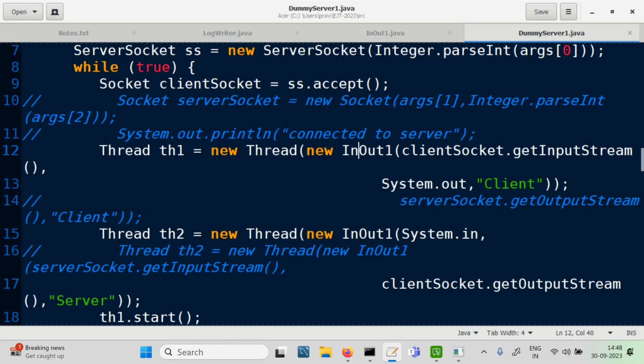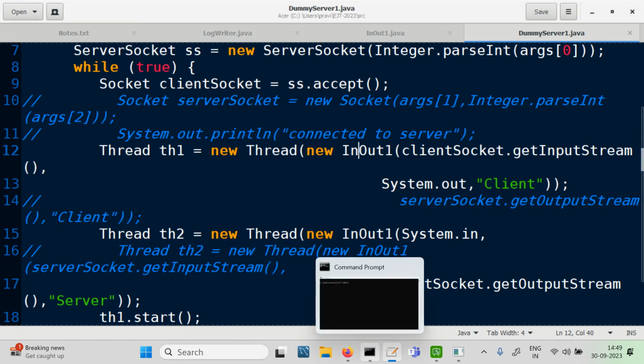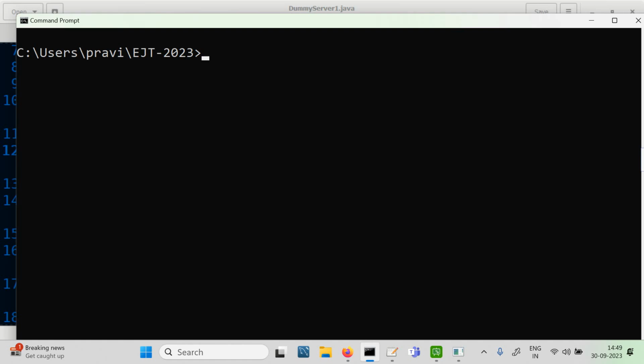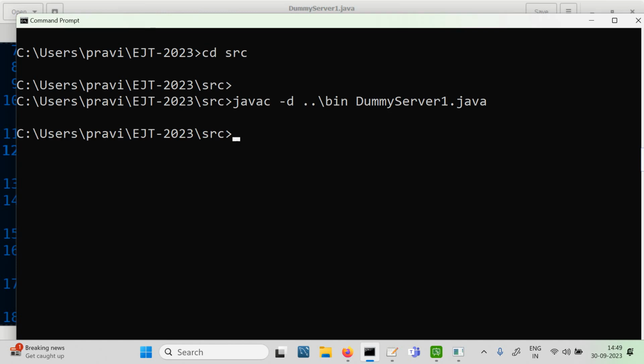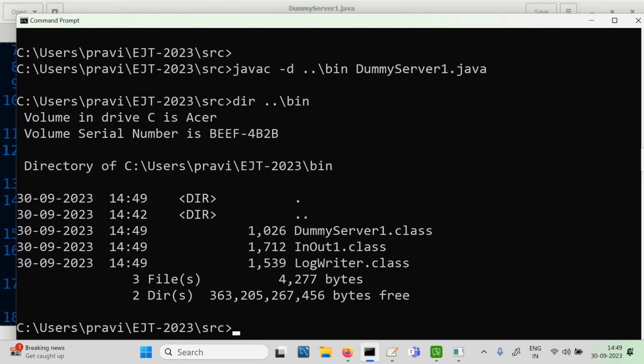Let's compile and run this code. You can see the dummy server, inout, and log writer, three things have been compiled. Let's run the code. Java -cp ../bin,